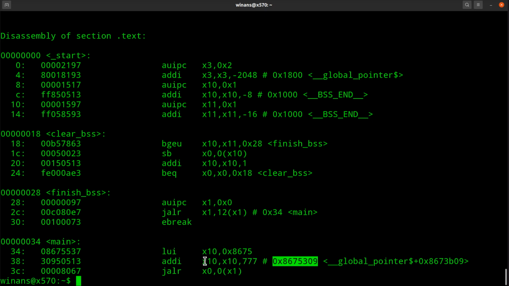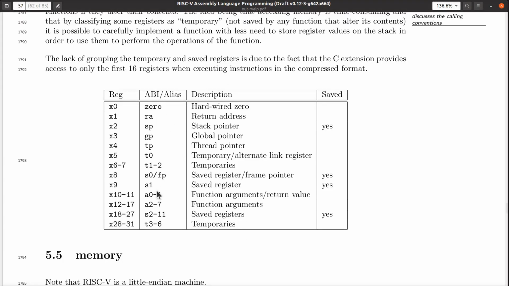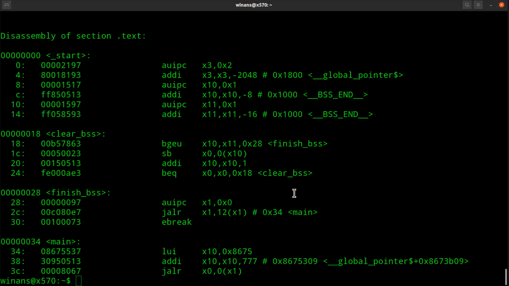And it puts that into X10 because the ABI says that register X10 and 11 for larger values are not only argument 0 and 1 that could be passed to a subroutine, they're also the return value from subroutines that have values to return. So it makes perfect sense that main